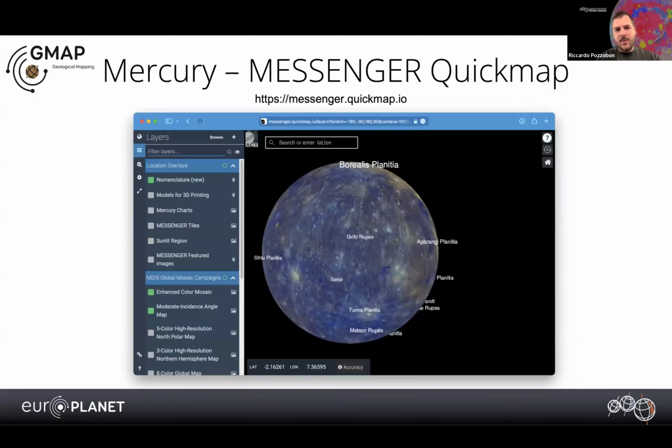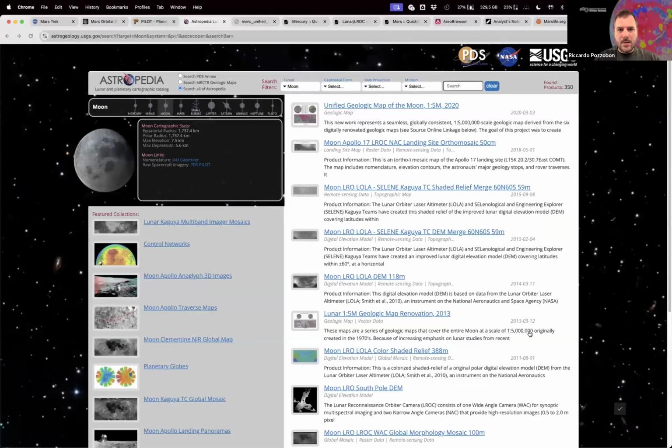Mercury data. Here we have the Messenger QuickMap. Essentially, we will use data from the Messenger mission. Messenger QuickMap and QuickMap in general, they exist also for the Moon and Mars, are platforms that,